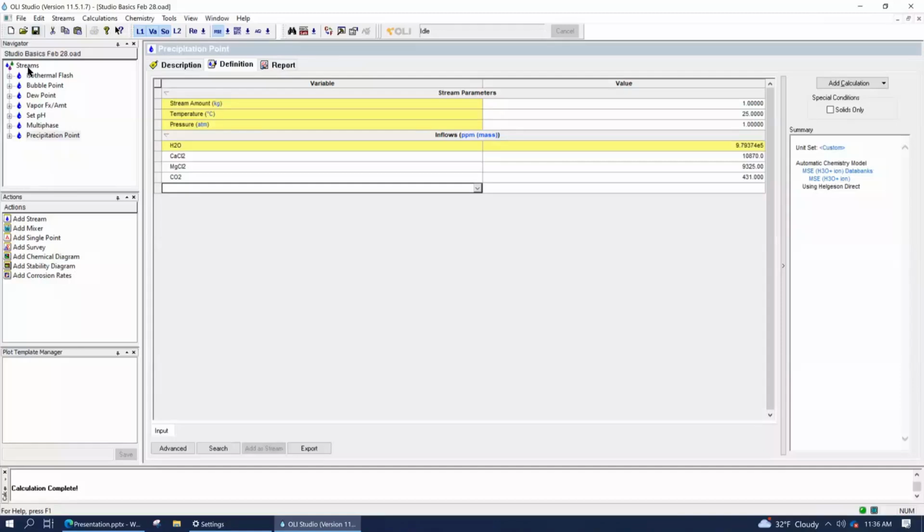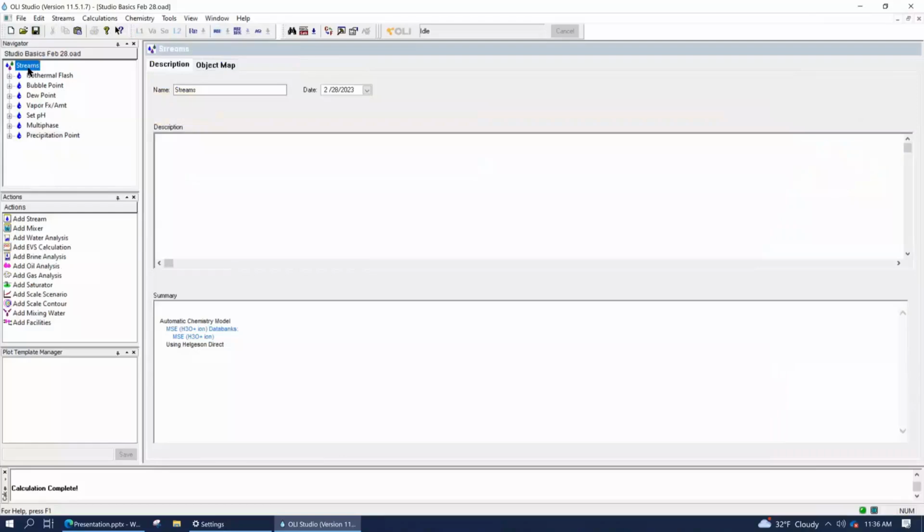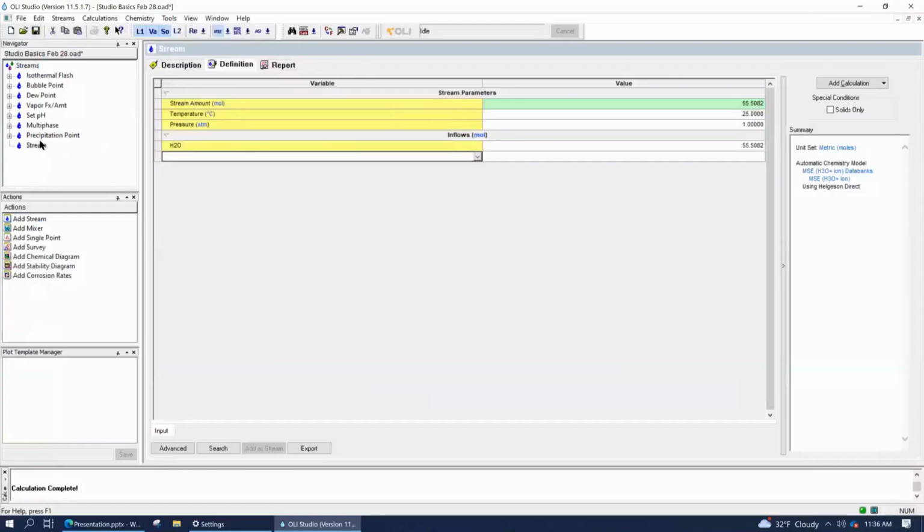So let's do this. Start at the top level stream, and add a new stream. And we're going to call this survey solubility. So now again, we're transitioning from chapter 2 to chapter 3. It's a natural transition in the manual and also in the course, because all we're doing now is the same type of calculation approach we used a minute ago, but using multiple points.